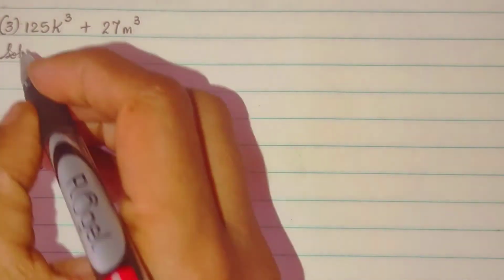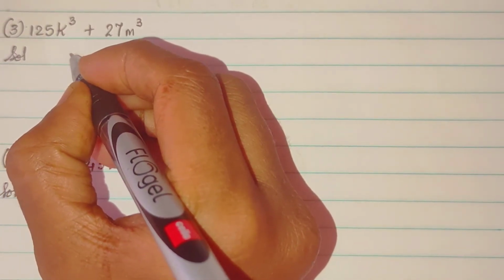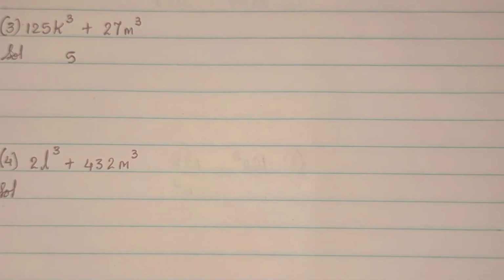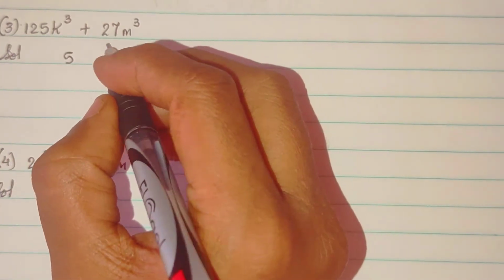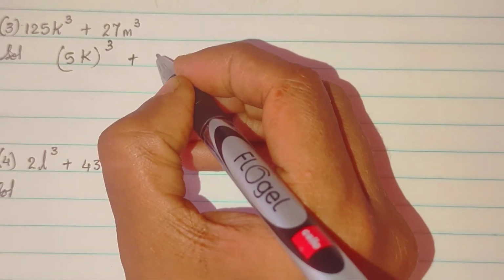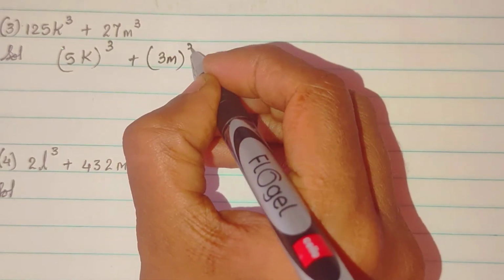Okay. Third sum. 125. 125 is cube of 5. See, you have to keep by heart cubes at least up to 10. 1 to 10 or 1 to 11 cubes you have to. I have given cubes of 1 to 15 in my previous practice set. So here 125 is cube of 5. So 5k the whole cube plus 27. 27 is cube of 3. 3 3s are 9, 9 3s are 27.